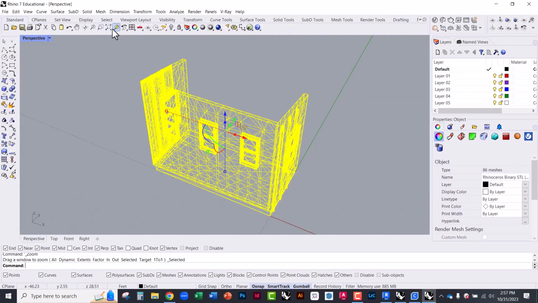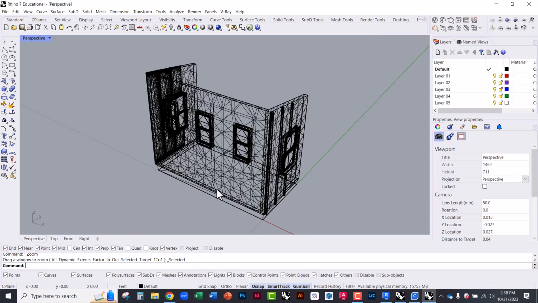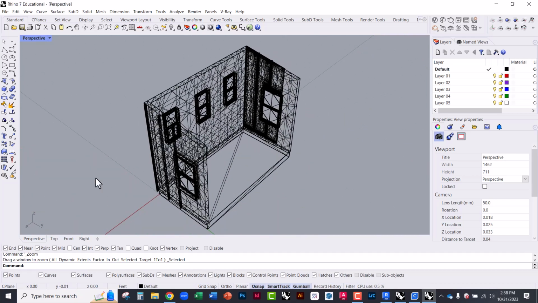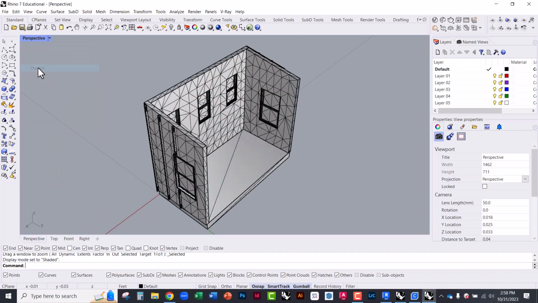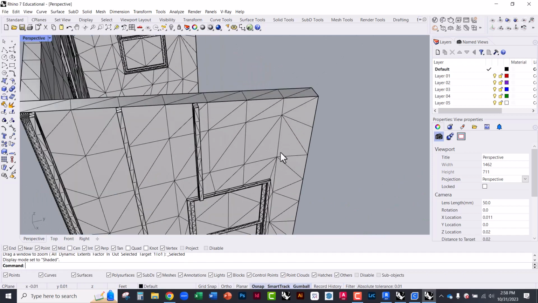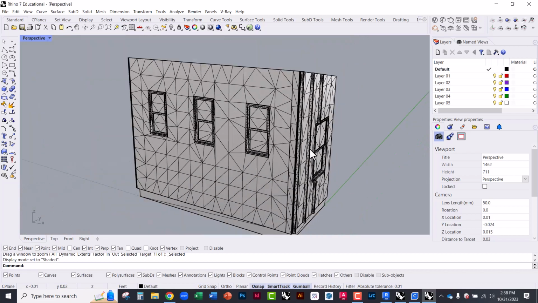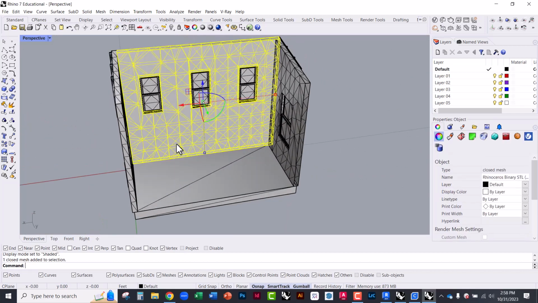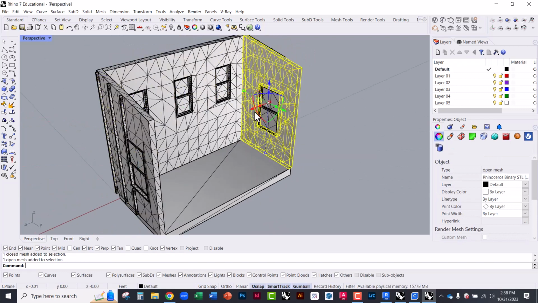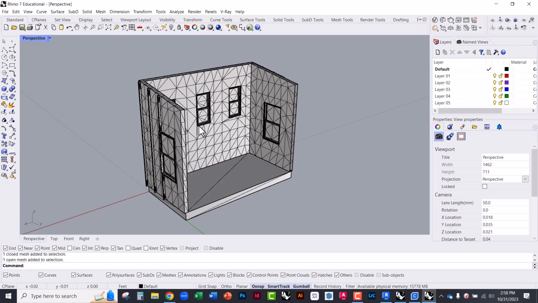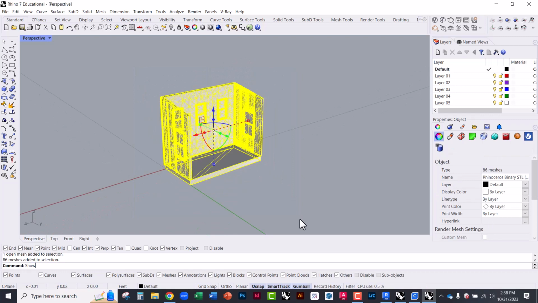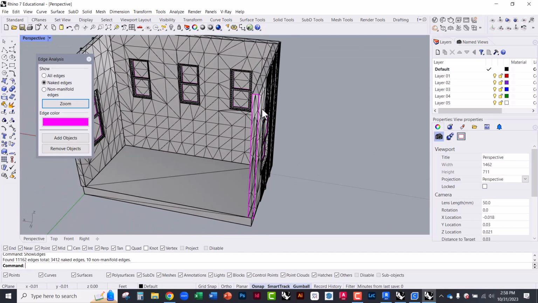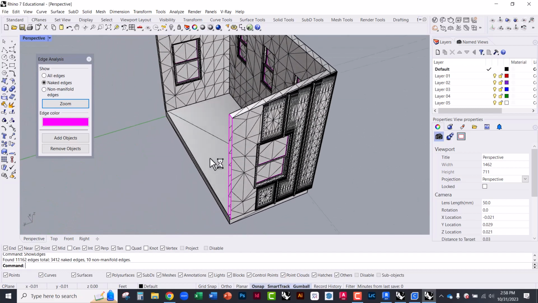But going back to this zoom selected, I want to take a measurement. So this is the mesh file. I'm going to turn on shaded view because we're in wireframe. And this is the triangulated view of that model. So you're seeing this triangulated mesh. Each of these is its own thing. I can select this and type show edges, and it'll identify any location where I have an open edge,